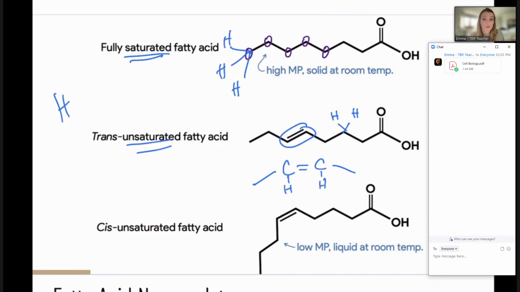Now, probably like you're familiar with from chemistry, trans and cis have to do with the orientation around the double bond. So we can see here that in the trans double bond, our two adjacent carbons are going to be in a different plane compared to a cis double bond. They're on the same. Chemistry is really not my thing, but these are on different ends of the plane, one's going up, one's going down, compared to both being on the same side of the plane.